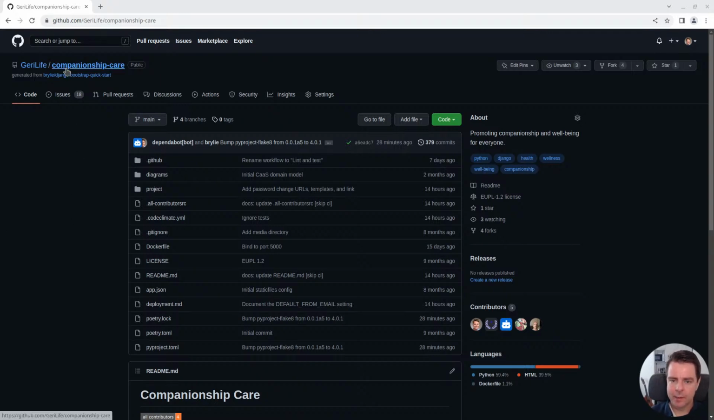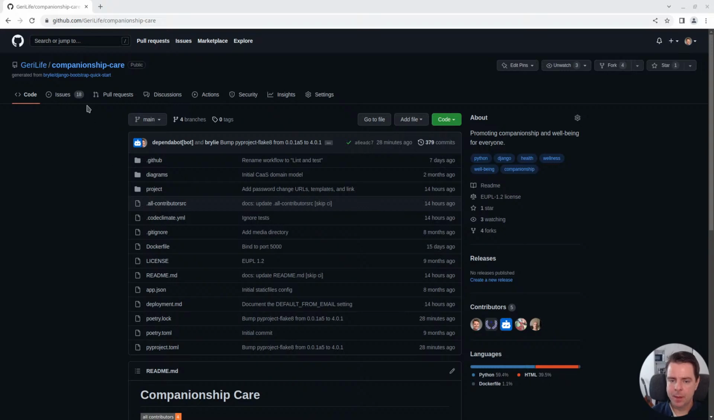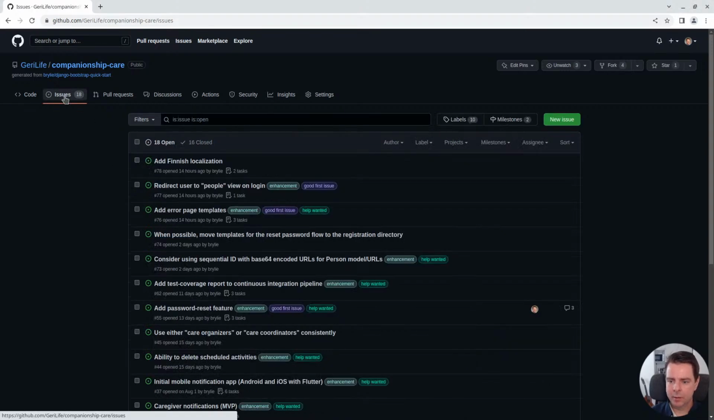Today we'll be working on the companionship care app, and I'll take an issue, maybe a low-hanging fruit issue. Our project is open source on GitHub. We're working with